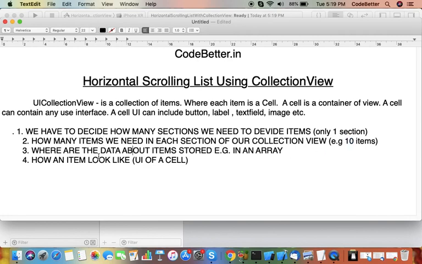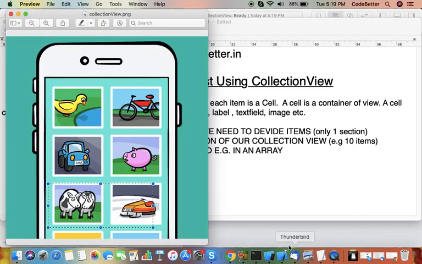So how we can display the items is we have to create cells for each item, and the cell contains an image for that. So if you can see here, each item in the collection is a cell, and the cell contains an image view. So we have to first design the cell which contains an image view.